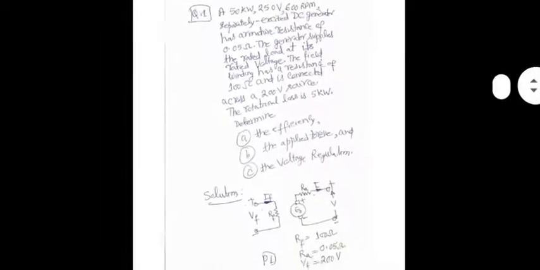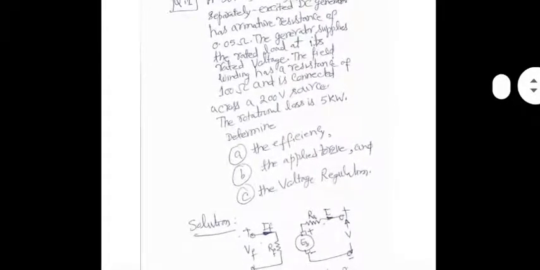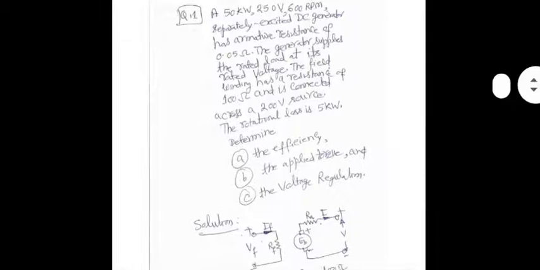The very first thing to do is to draw the equivalent circuit carefully. It's a separately excited case, so I'm showing field windings separately, totally independent from the rest of the system. VF is the applied DC voltage to the field windings. Its value is 200 volts. RF is the resistance of the field windings. The value is 100 ohm. So IF, the field current, will be 2 amperes. That's obvious, right?